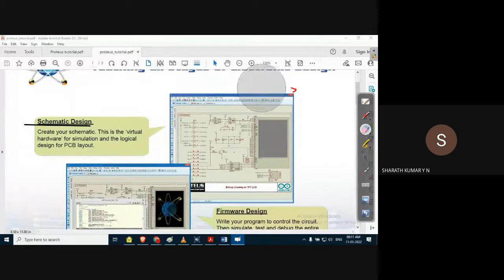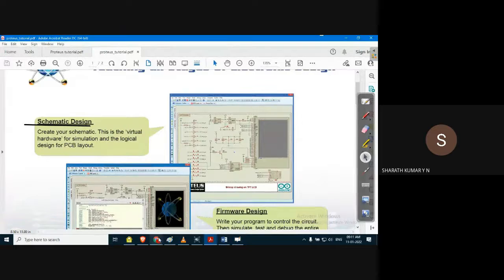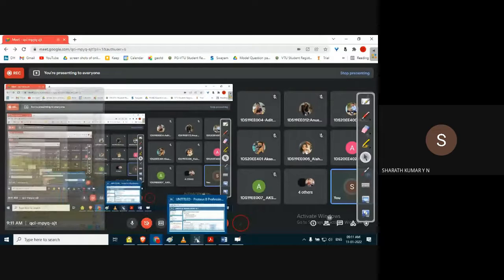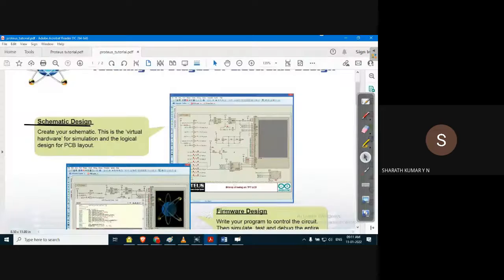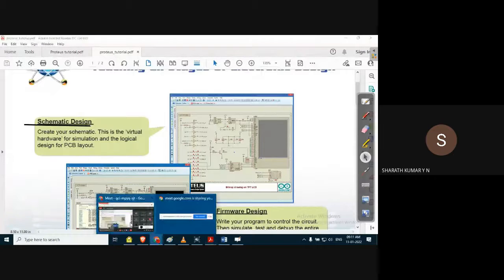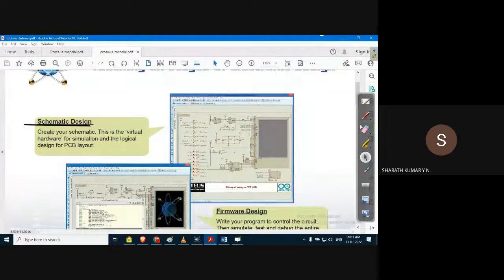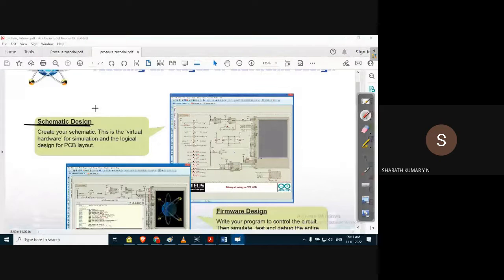We do that using various software. One example is MATLAB Simulink. Similarly, in this Proteus software, one of the modules of Proteus is what is known as schematic design. It is used to create schematics. What is a schematic?